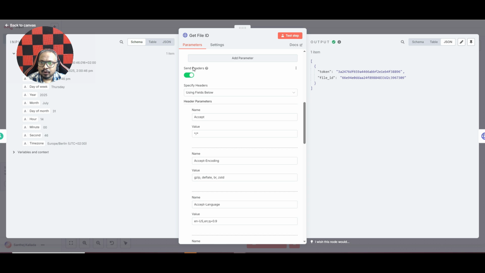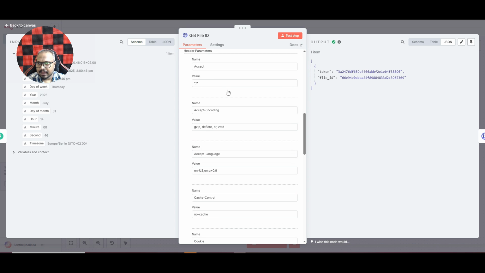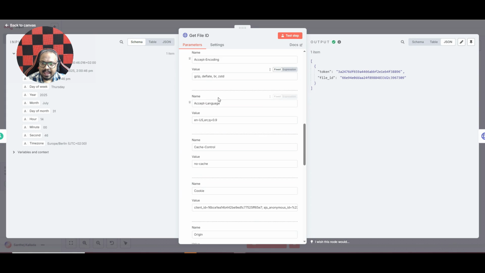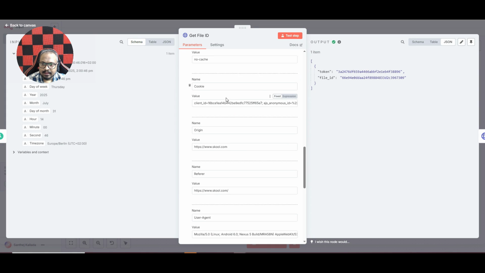Now you want to select the send headers option. Click it, and you need to add all these headers. So I'll pause the video for now. What you can do is just screenshot this, put it in ChatGPT, and ask it to give it as text, so it will be easy for you to copy and paste. Give everything as it is, and next,